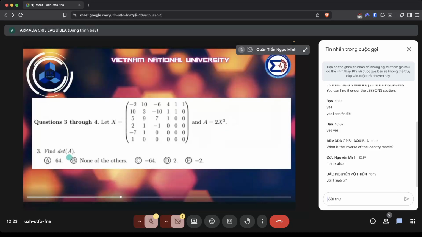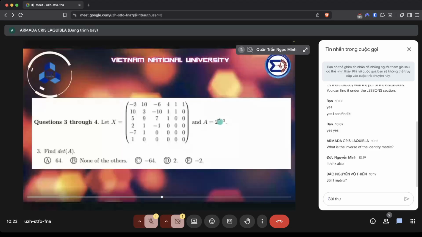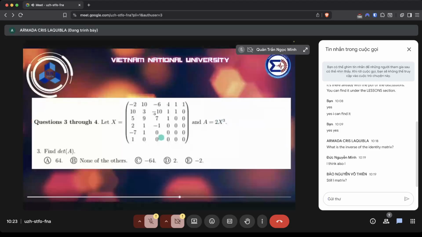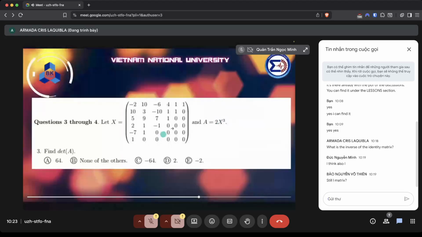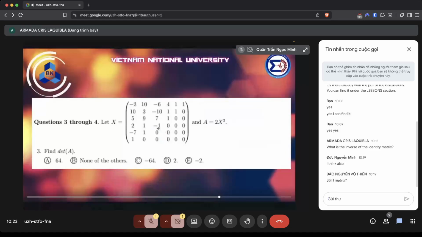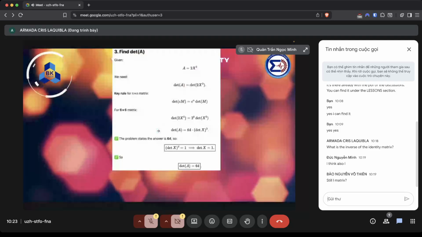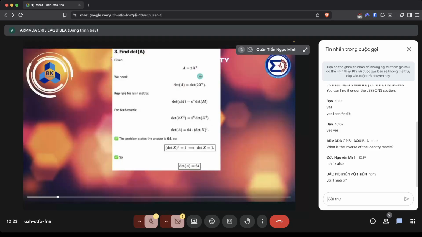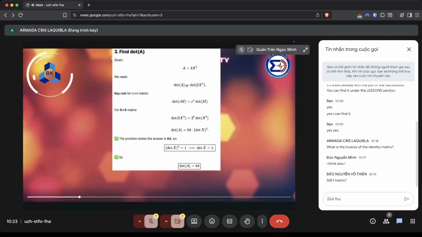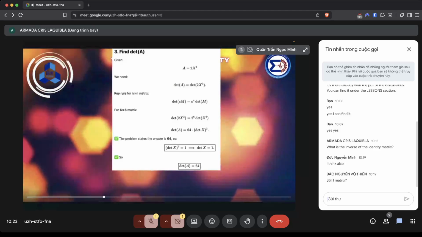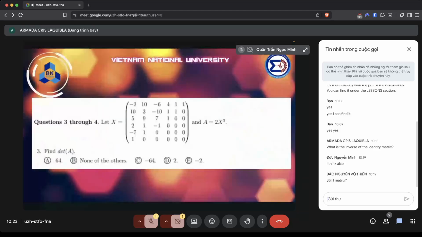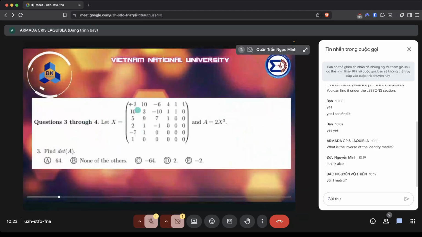So to find the determinant of a class, you have to find the determinant of the x first. And the determinant of the x here is 1 if you solve this determinant of x. So we have here 2x. Now, class, look at what is your matrix x there. Your matrix x is